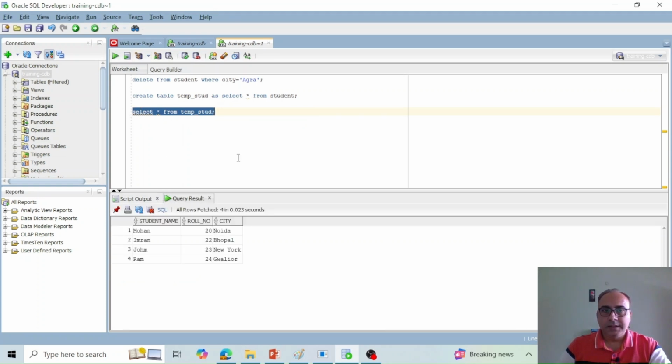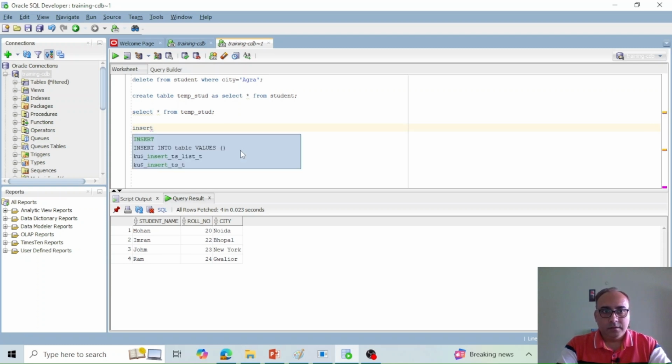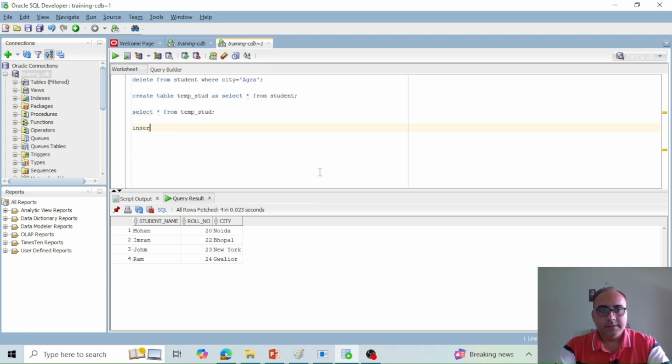So this one is created successfully. Then another thing, we can insert data from another table into one particular table. Let's say we have to insert the same record again. As of now, it will allow us to enter it because we don't have any sort of constraint. So we can write like this: insert into, let's say again temp stud, as select star